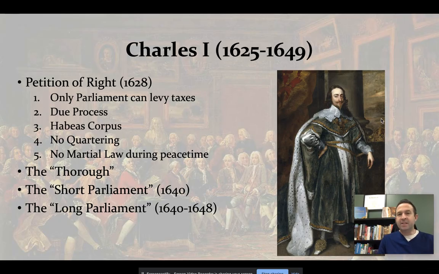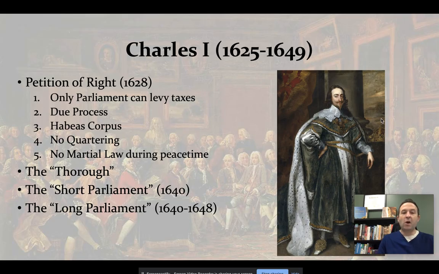And again, please note the dates here. This is not leading up to the American Revolution yet. There's still 100 years. But quartering soldiers in English homes. Some English nobles were arrested for refusing to lend money to the government. So rather than ask Parliament for money, he would go directly to nobles, and if they refused to give him money, he arrested them. And by 1628, both the House of Lords and House of Commons in Parliament firmly opposed the king.